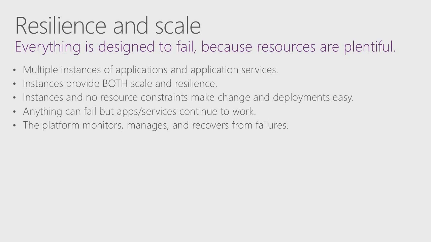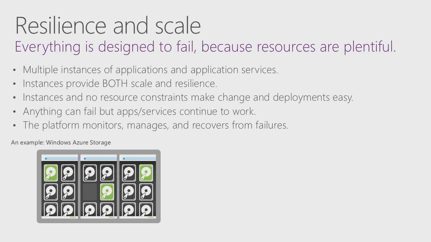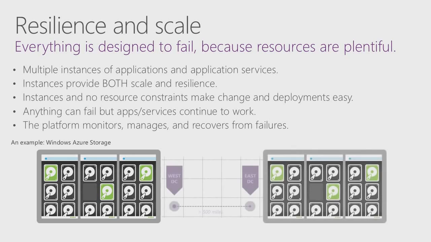The platform also makes sure that your application instances are separated across redundant parts of the underlying physical infrastructure. In Windows Azure, we call these fault domains. Using Windows Azure Storage as an example, if you give a file to Windows Azure, it saves that file 3 times in 3 different fault domains. If any copies of the file fail, the platform creates another copy. With this, we make sure that your data is always safe when you store it in Windows Azure.